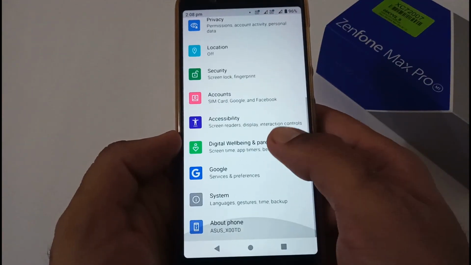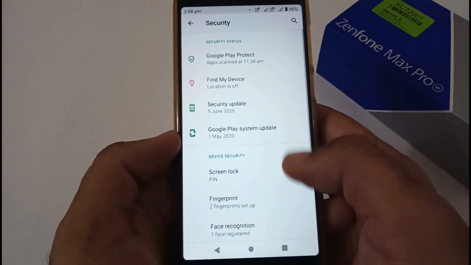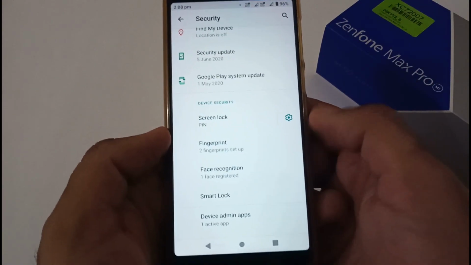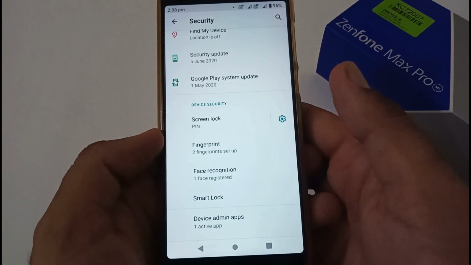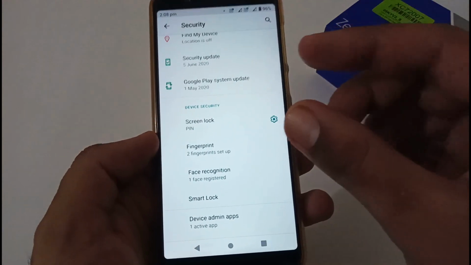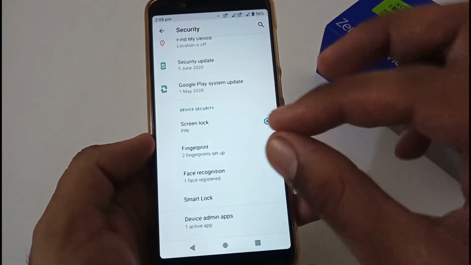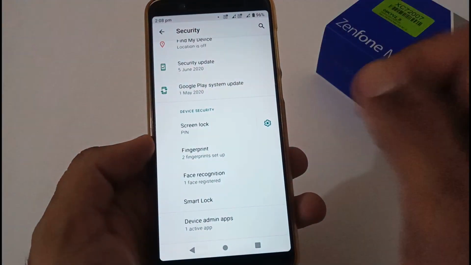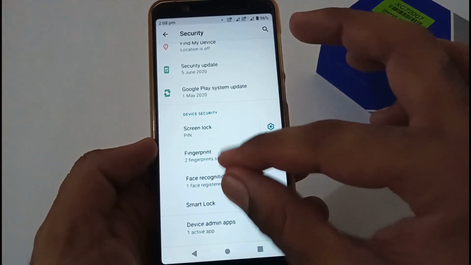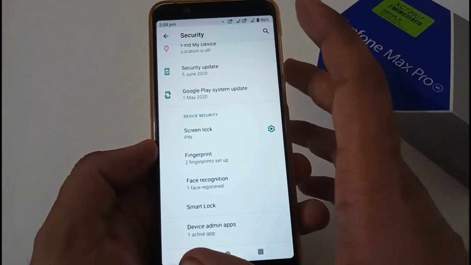So after this, the next part would be related to security, because in the previous Android 10 beta version few users complained about fingerprint and face unlock. I can bet you that in this particular Android 10 beta 3 version, you will find fingerprint and face recognition working absolutely fine. There is hardly a little bit of latency in both. Apart from this, pin, pattern, password, and swipe are all working absolutely fine.